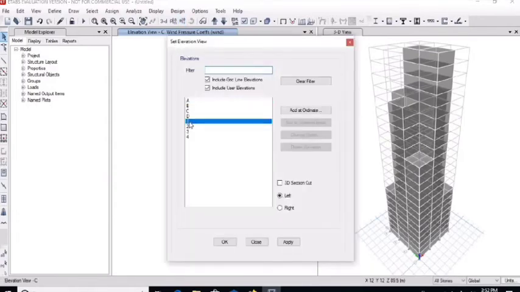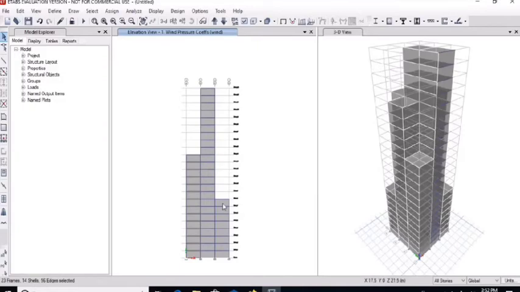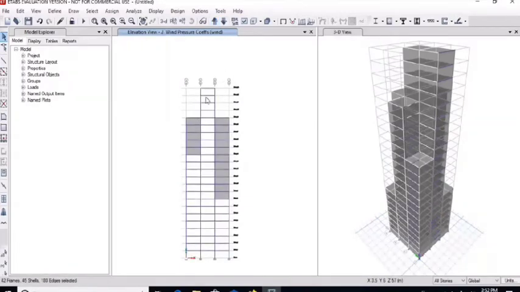Now go to the elevation. Select first and select the shells in first, second, third and fourth elevation views by the drop down arrow. Select all the shells in the second view. Similarly, select all the elevation views in third and fourth view.